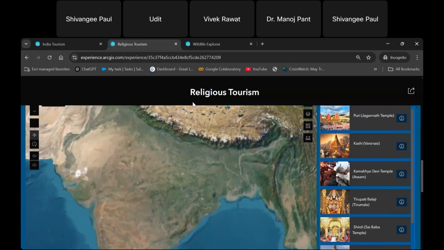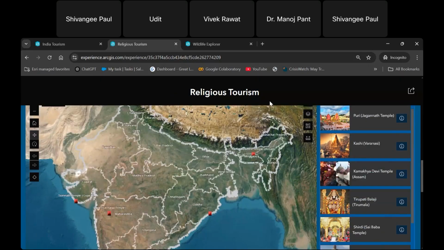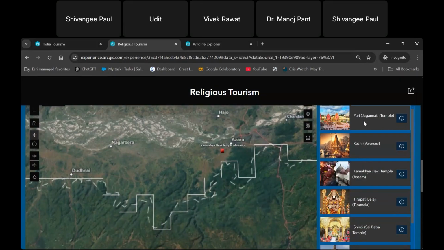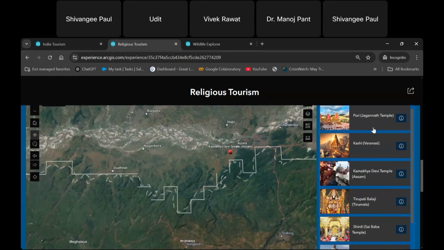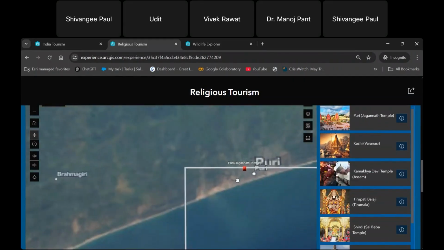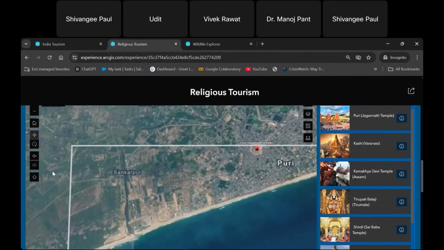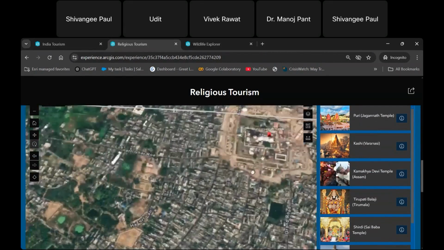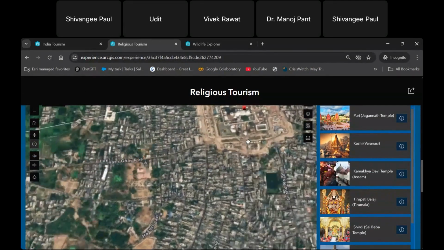Further, a 3D Experience Builder app is embedded for us to see which religious locations are present over which place. So if I click here on Puri and Jagannath, I can see where Puri is located. I can even toggle with these applications, which are 3D in nature. Next, if I want to see where Kashi Vishwanath is,